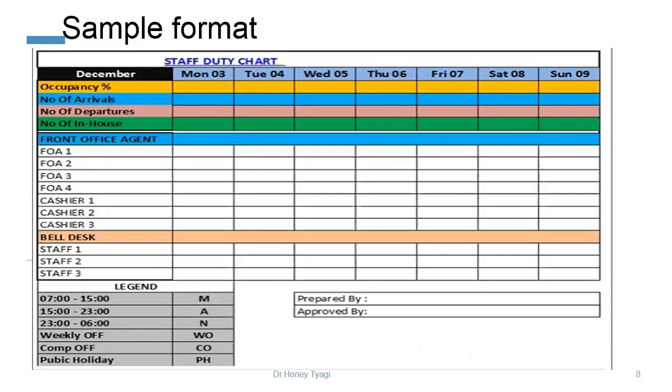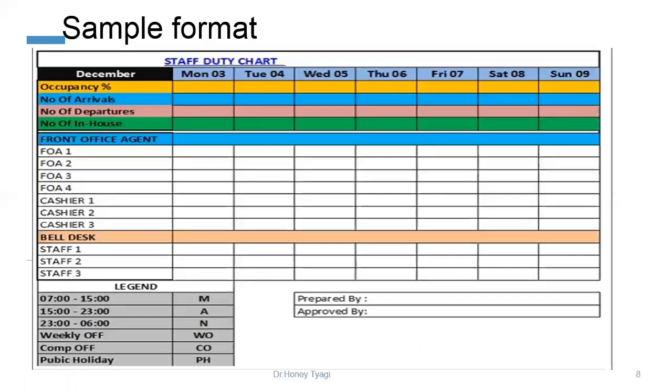Here in the format, we can see 7 employees are part of front office, including cashier, and 3 are bell desk. With this, the number of staffing is observed in a small hotel. In the format, the legend table below shows the various shift timings.